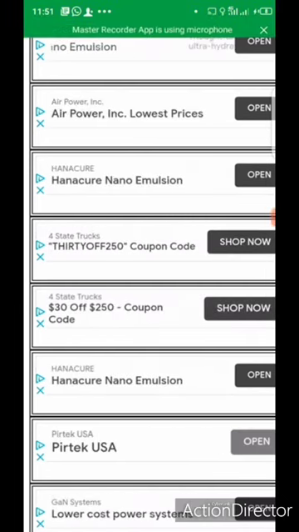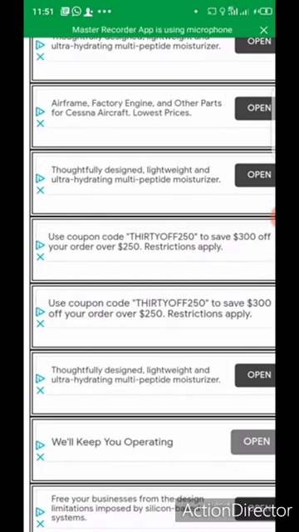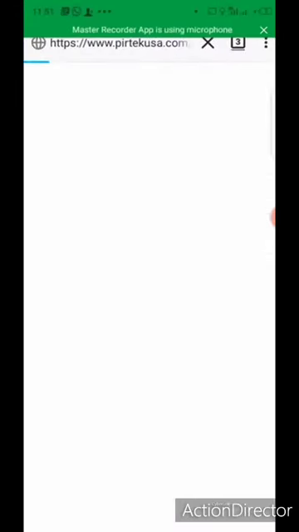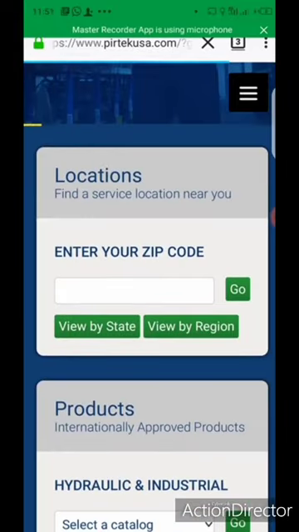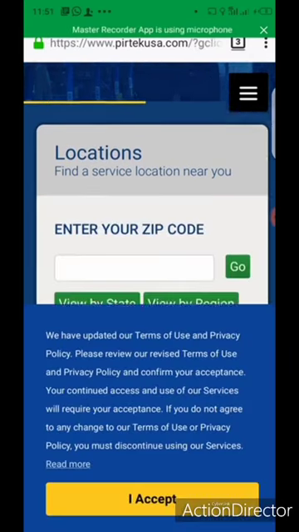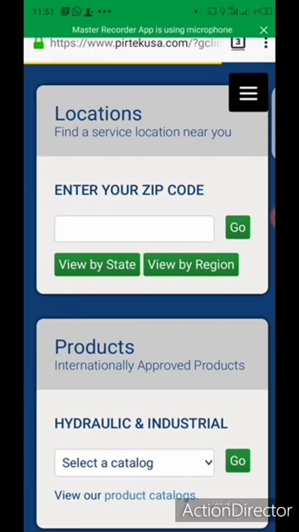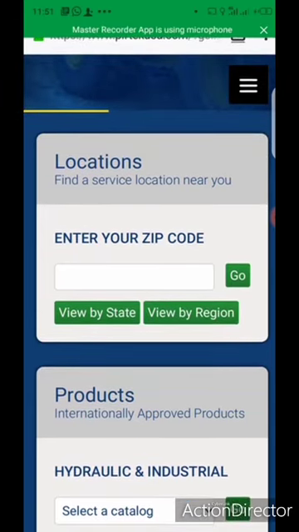Now, for example, there are some ads that will require you to sign up. For example, this ad told you to enter your zip code, your state, your region, and everything. So, how do you sign up for this ad? Please note when you are opening an ad, just make sure you sign up for all those ads before closing it. If not, you'll be detected for that. So let's go to